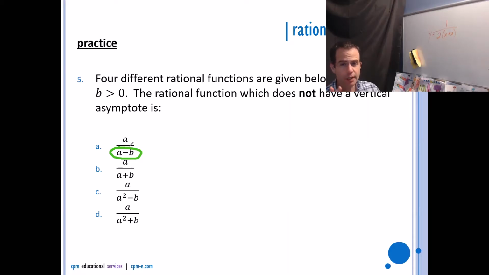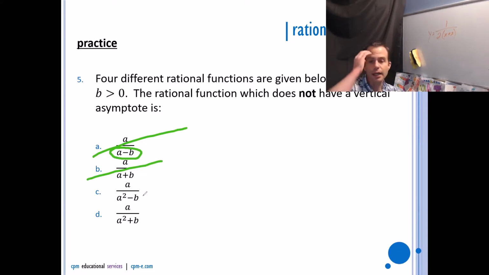Do you see what I'm doing? So that has to have a vertical asymptote. Here, a can't be -b because if a was -b, plus b would give me 0. Here, a can't be the root of b because the root of b squared is b and b minus b is 0. Here, obviously it's going to have to be d because, well, it's the last one, but